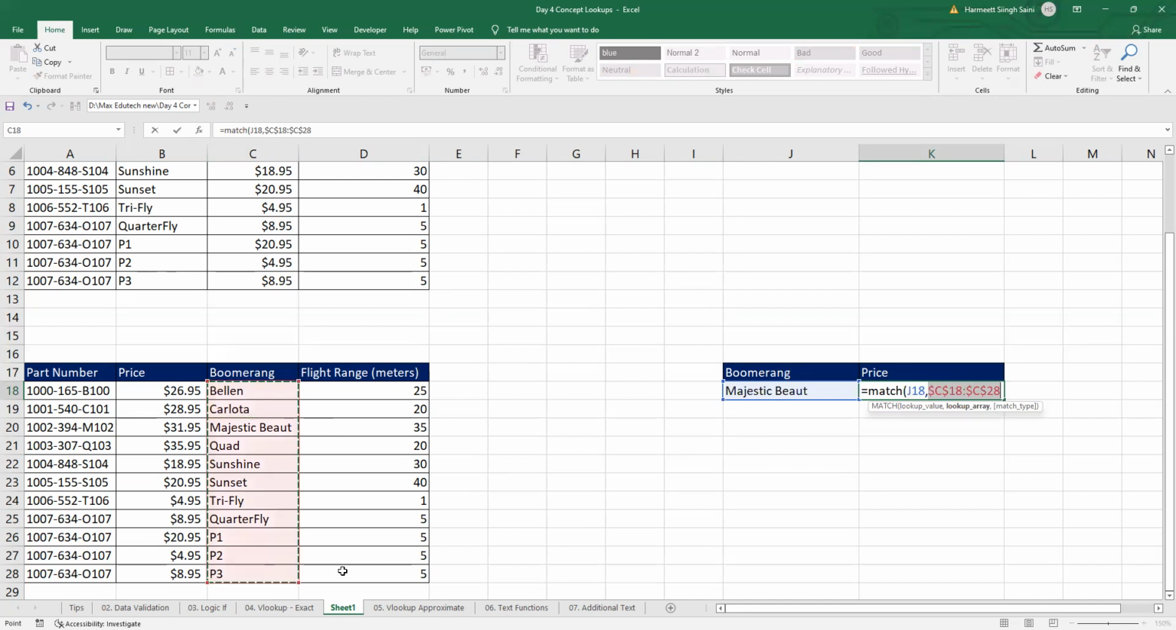We'll lock up this array and then we will say I want an exact match. तो मैं इसको exact match करूंगा तो मुझे position मिल गया इसका. Majestic butte is in the third position right now, right? So ये जैसे ही मुझे third position मिला, now in this third position I'm interested in this price, Price. correct? तो ये